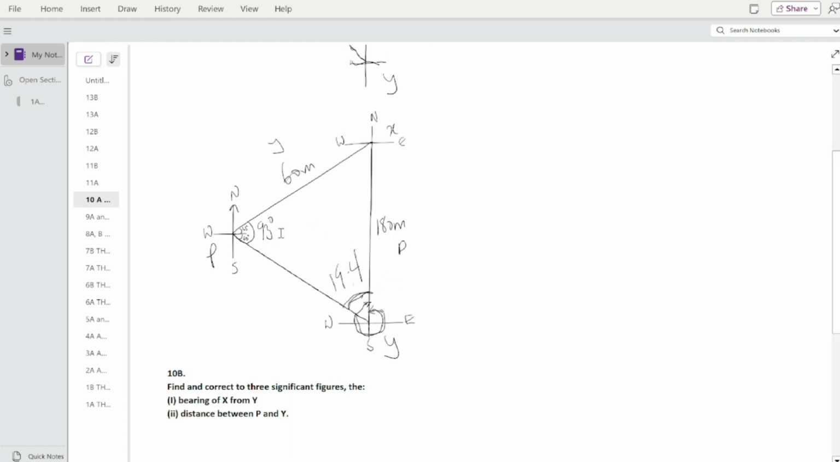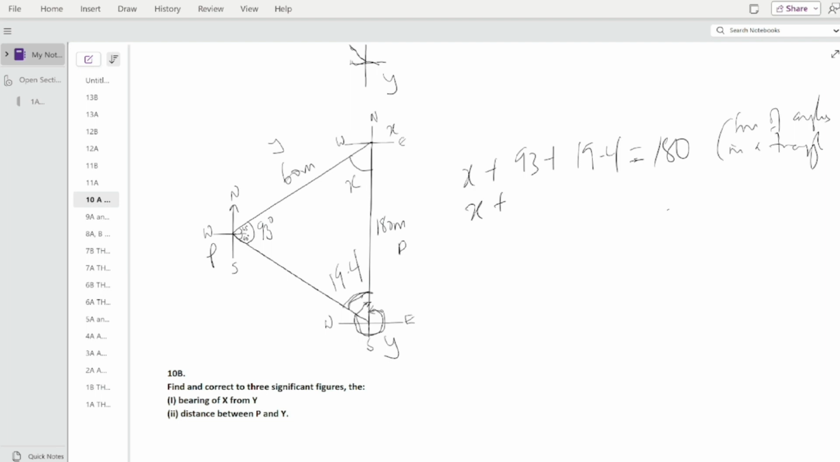Using the sum of angles in a triangle, we have 2 angles already and we're looking for the third angle. That means the total angle including angle x would equal 180. So we have x plus 93 plus 19.4 equals 180. Sum of angles in a triangle. We have x plus 93 plus 19.4 will give you